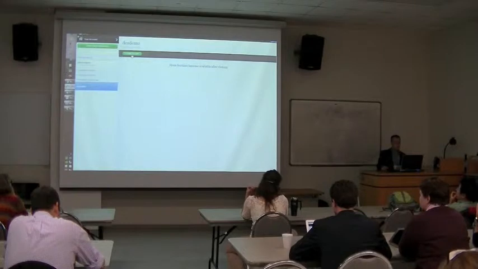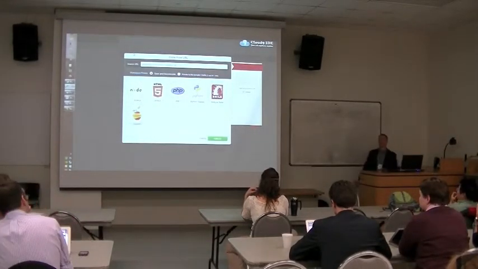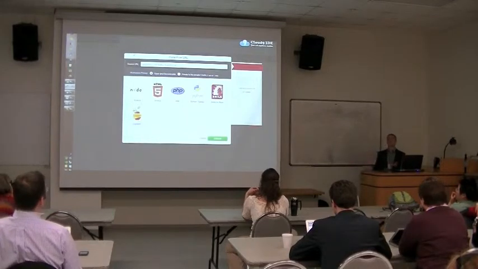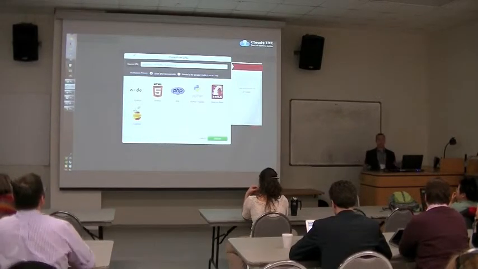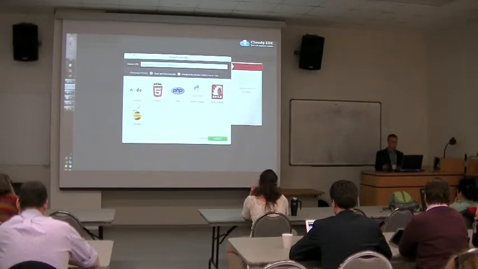So I'm going to click this button and I'm going to click Clone to Edit. What Clone to Edit means is suck down the source code for this from GitHub, make a local instance of it that's tracked against GitHub, and then get me in a setup where I can edit it and run it.